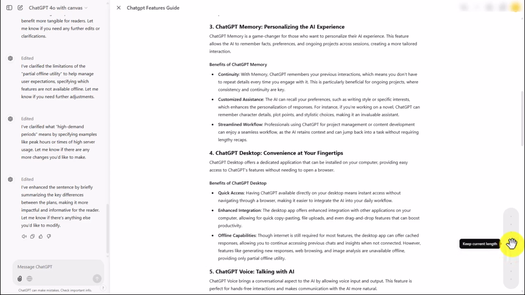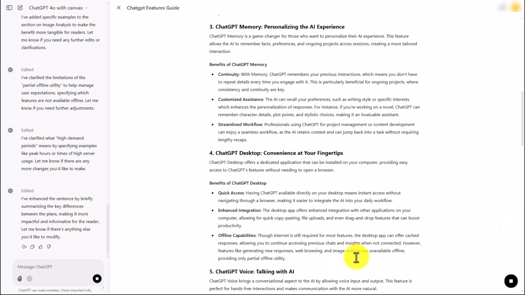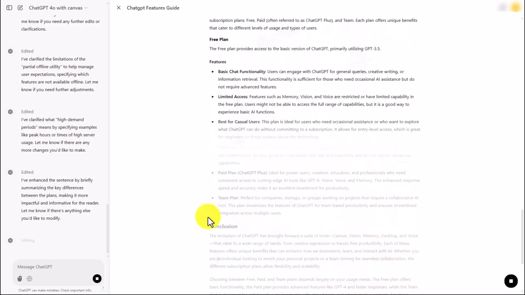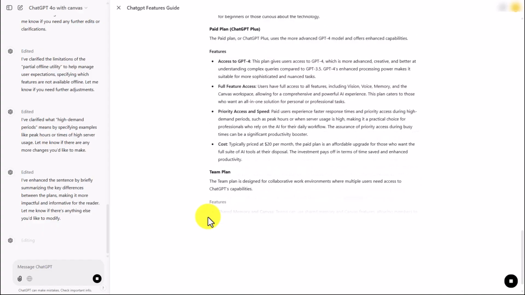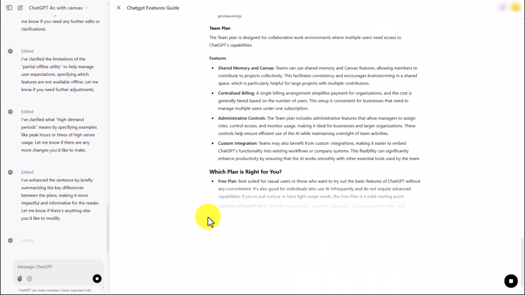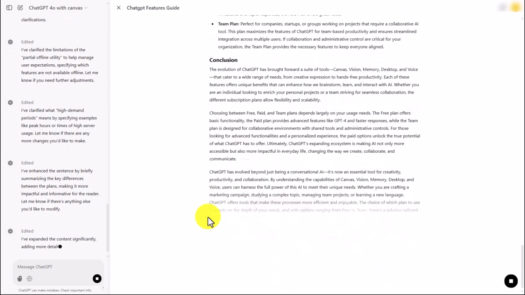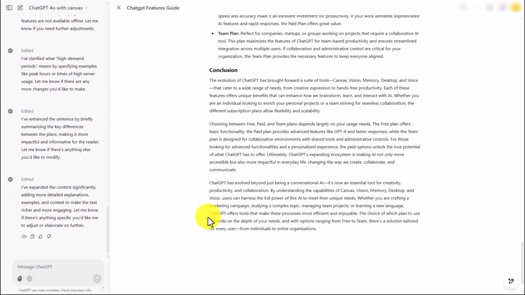So we're going to move the scale up so it's longer, and we're going to go to the longest that it can possibly be. Once we do that, all we'll need to do is click enter. And what you'll see is that ChatGPT will tell us that it's beginning to work on the document, and it is making the document longer as we speak. And you can see the creation process in real time. So as you can see, we can use the lengthening tool inside of ChatGPT Canvas to make our document longer